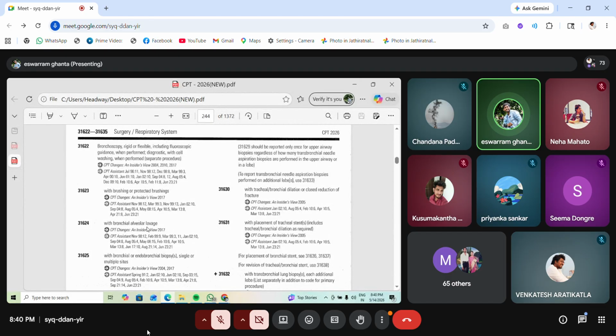When this procedure is done for the patient, if any liquid or any chemical or any substance is accumulated inside the bronchus,